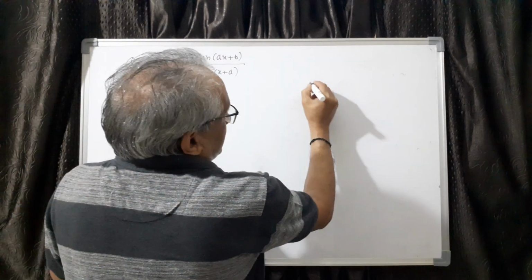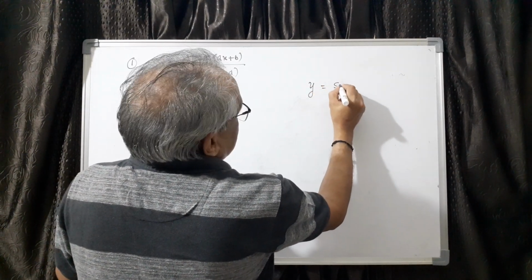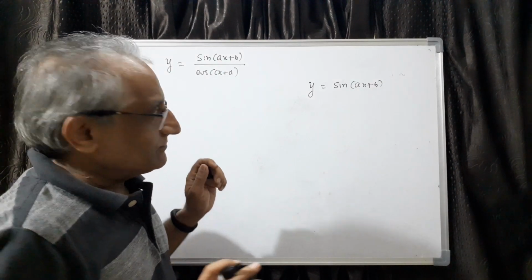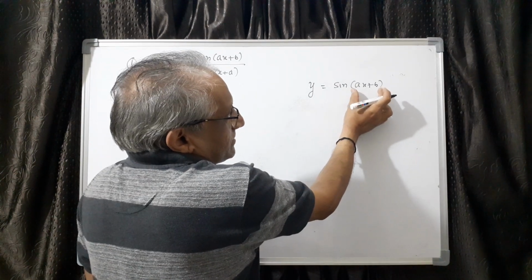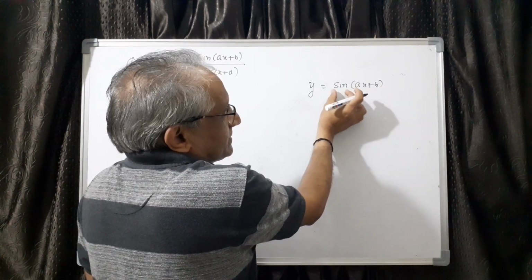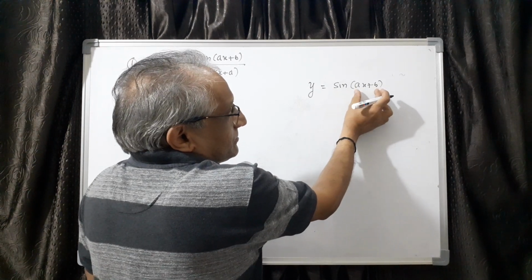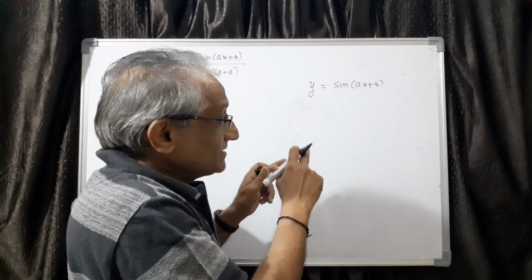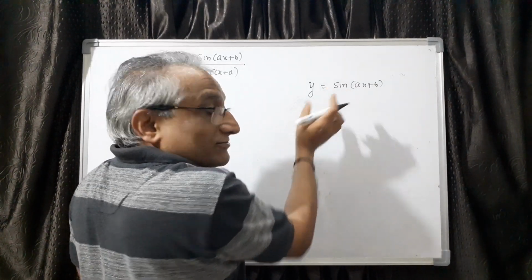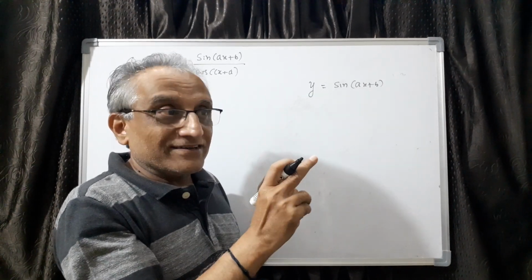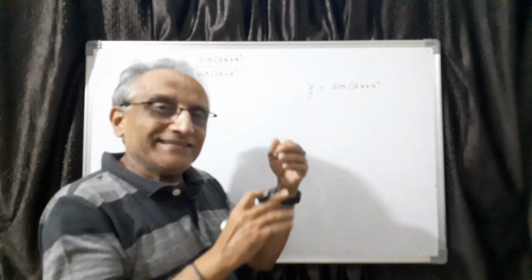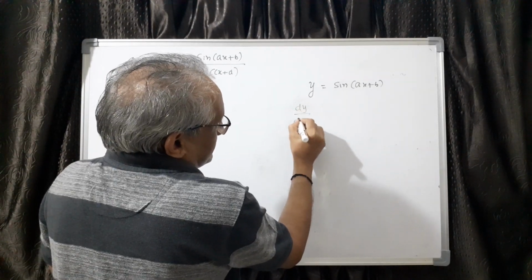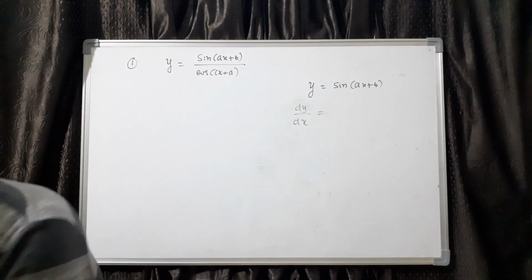For example, you see y equal, let us take this one only, sine of ax plus b. Step by step procedure is like this. We have seen this already. Substitute this because this is the first function u, this is the second function, composite function. So this you have to substitute as u, then you have to use chain rule. But the direct method is like this. This is shortcut. Imagine that this is, that's why I use this word outer function and inner function, which is not there in any textbook. It's only just for our understanding we have given the name. So what you have to do is dy by d. This works out very well so that it saves your time also.